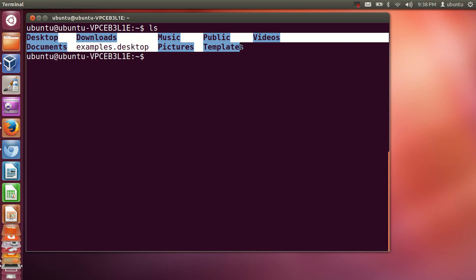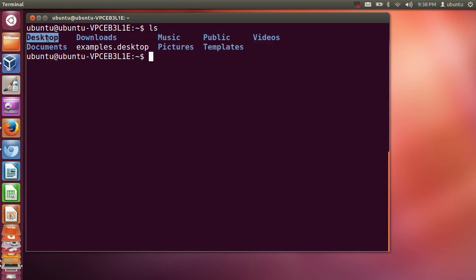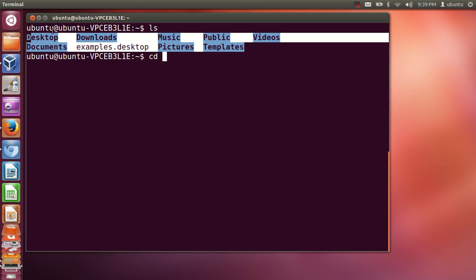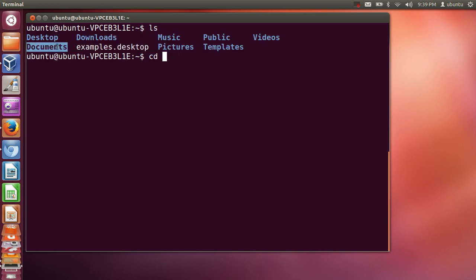In the current folder in which we are, it has the Desktop folder, Documents folder, and Music, Public, Videos. So for example, you want to go inside your Downloads folder, or let's go to the Documents folder first. What you need to do is give this command cd. So cd stands for change directory, and then give the name of the folder in which you want to go. First you need to list out these folders, and if the folder is present there, then